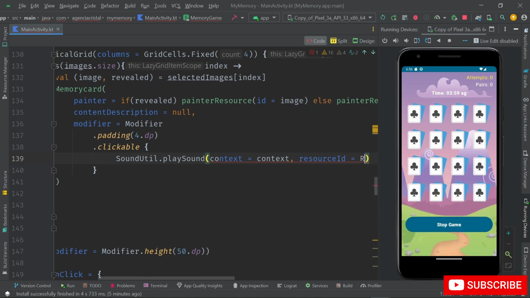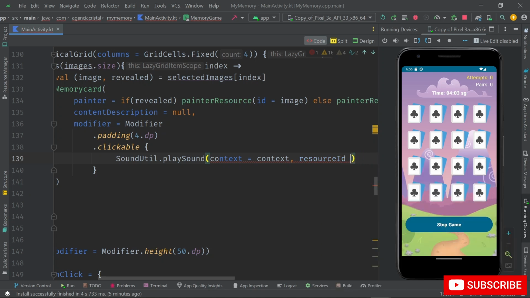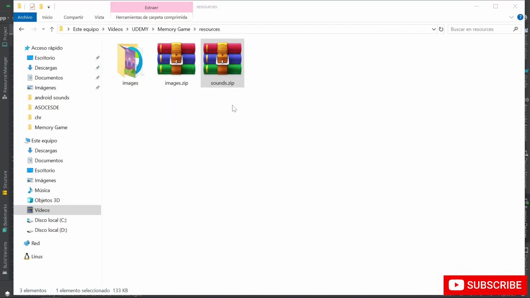In this case, we need to add new resources. For example, sounds. I share you